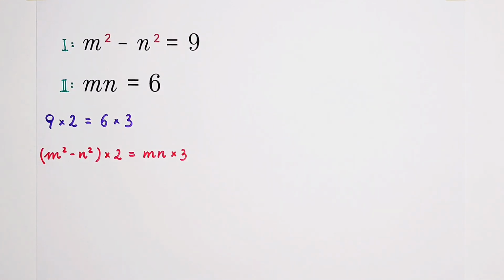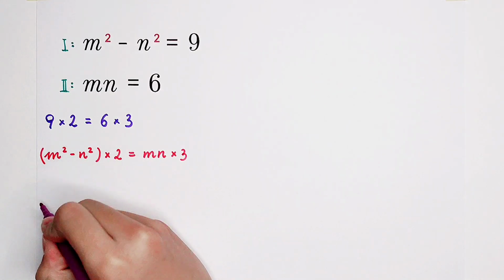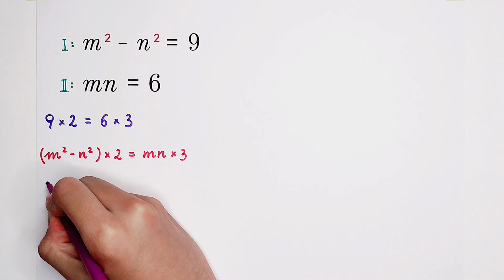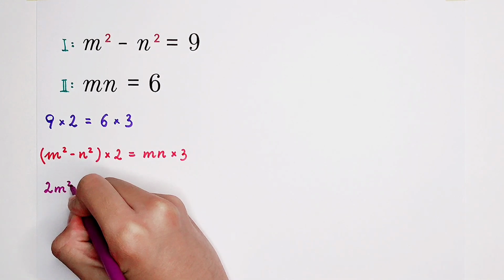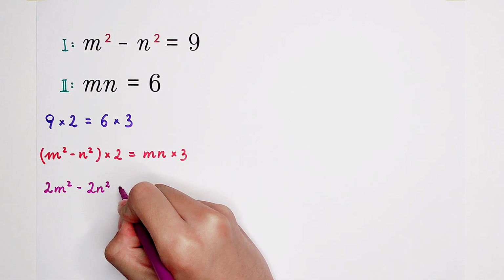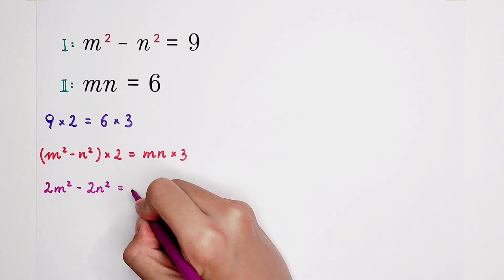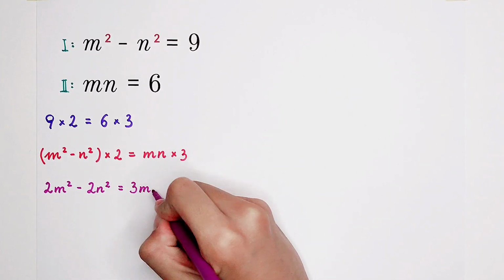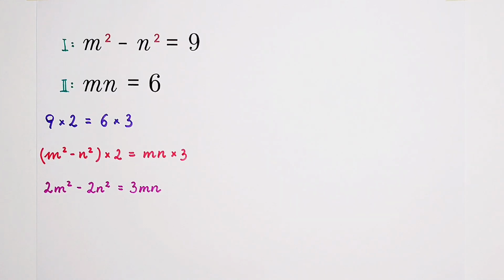So nice! And then what should you do? Of course, expanding. 2 times m squared minus 2 times n squared is equal to m times n times 3. It is 3mn. So nice. Then the right-hand side is ugly. I only like 0. Thus, subtract 3mn from both sides, and then you can get